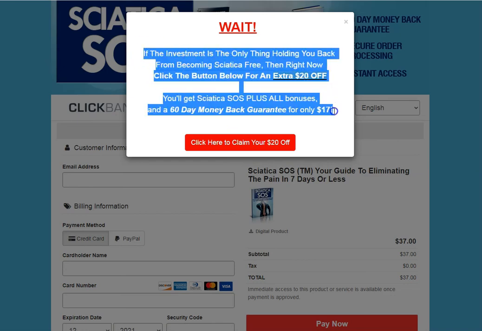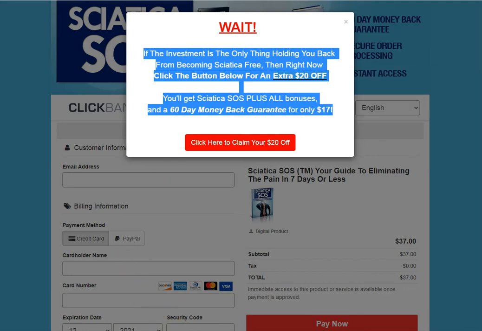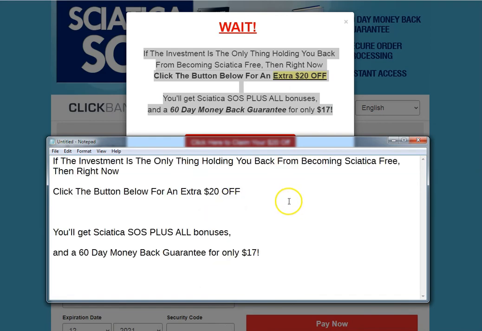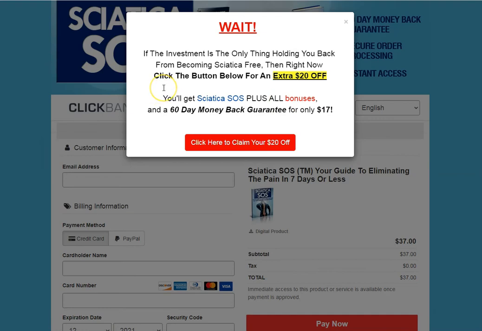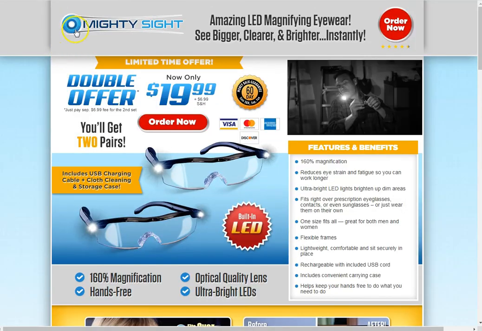And then see, this is a perfect idea. Even though I'm an affiliate to this, I'm going to copy this. Okay, and I could use that. There's no law on me taking that and using that in my pop-up downsell. Okay, so that's what they call a downsell. You heard an upsell, where they want to charge you more. Okay, so again, I would suggest